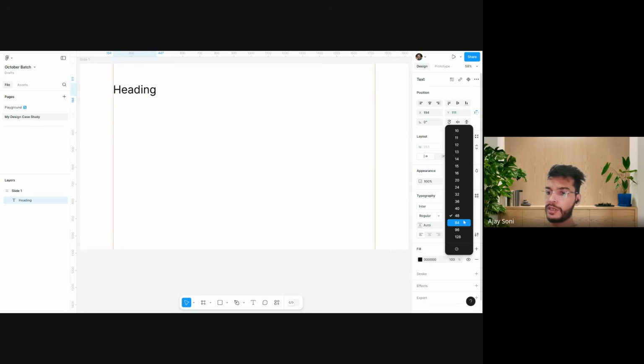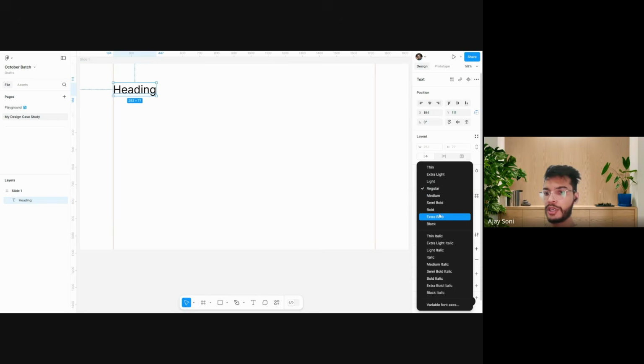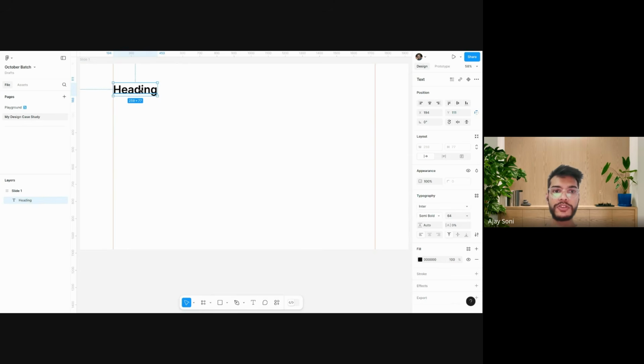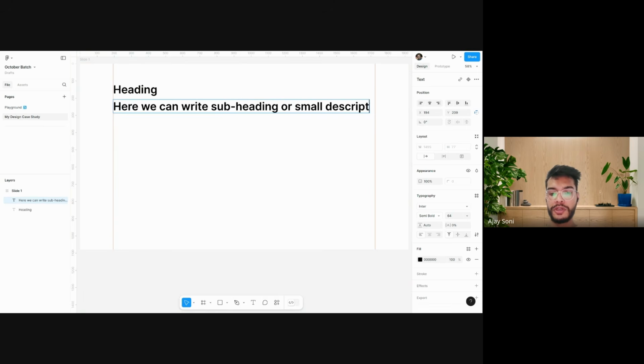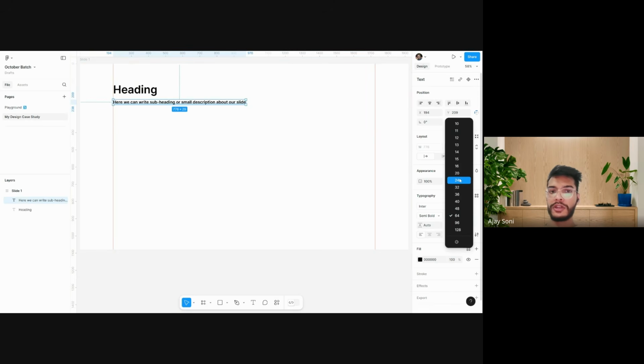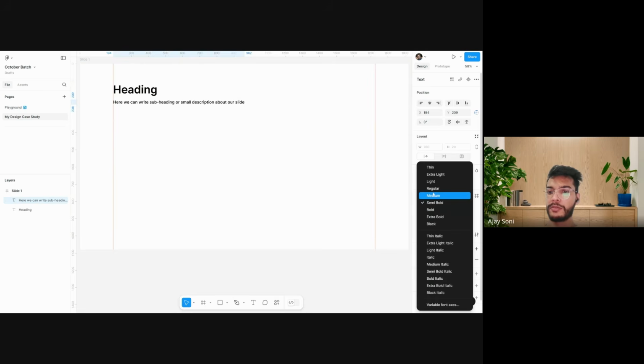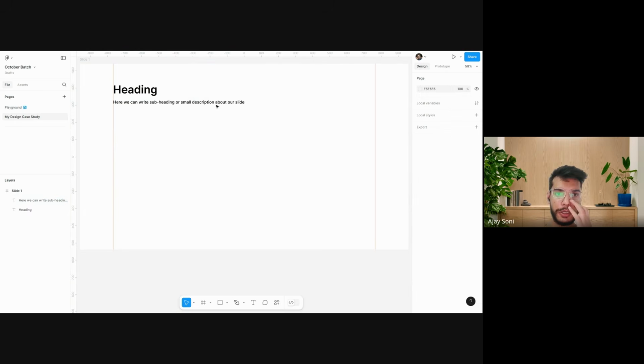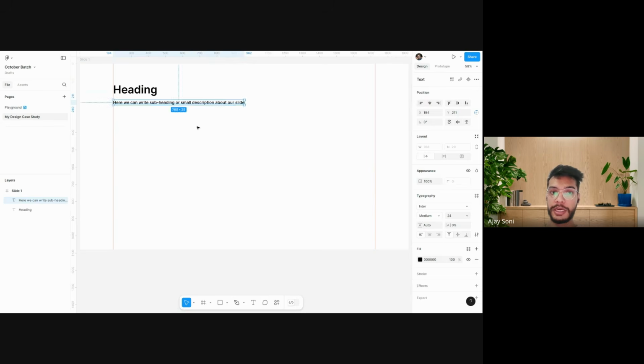Or we can make it a little bit bigger, 64, and make it semi-bold. After the heading, we need a subheading. Here we can write a subheading or small description about our slide. I just write some content over here, and I can make it medium. So we have a heading and a subheading.